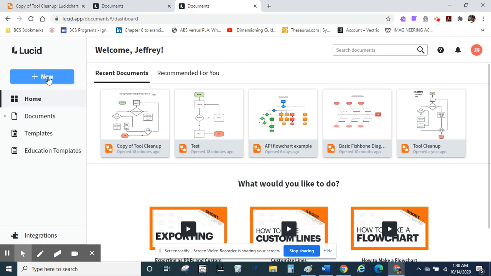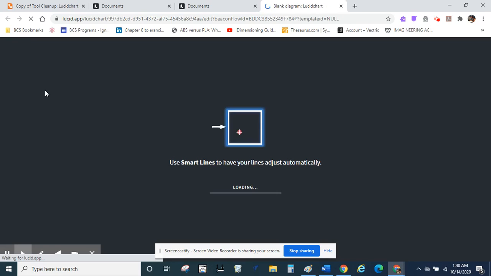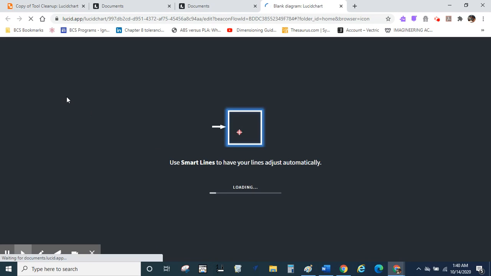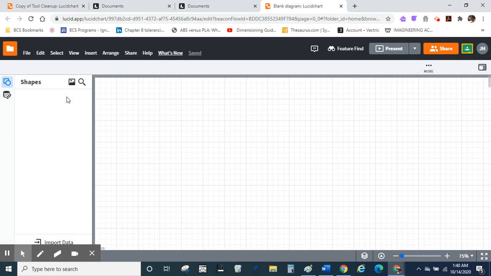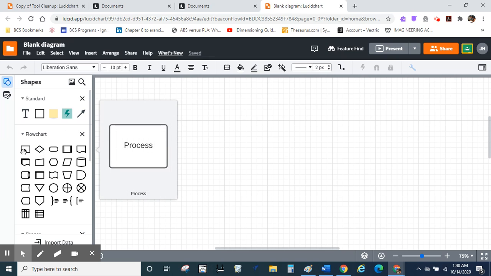And you want to create a new chart. We're going to click New, Lucid Chart Document. You'll notice that there are various